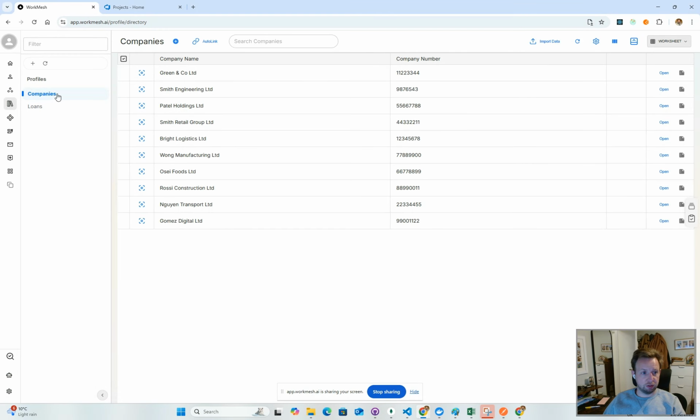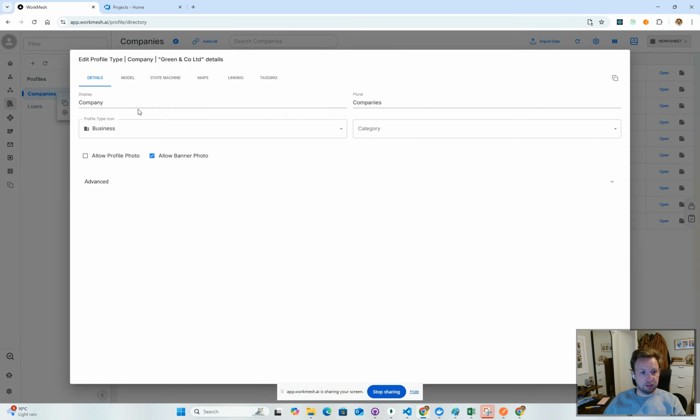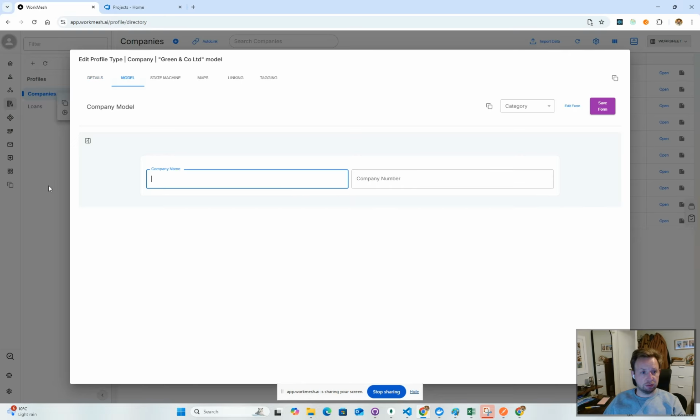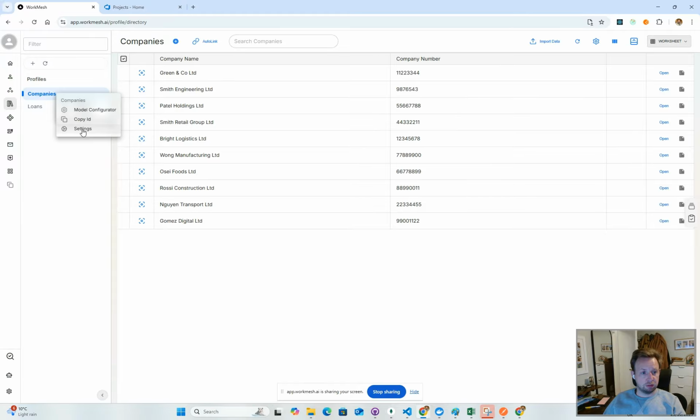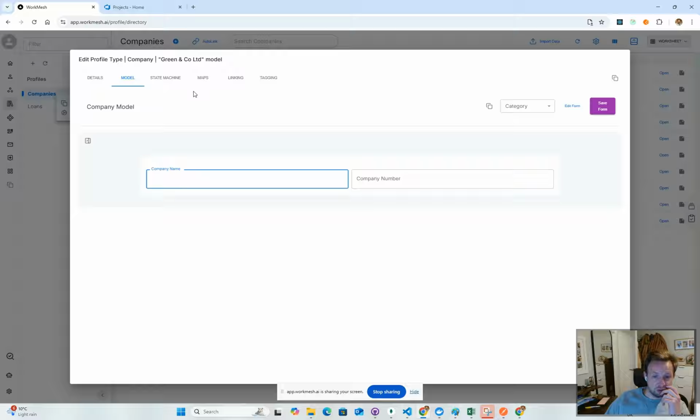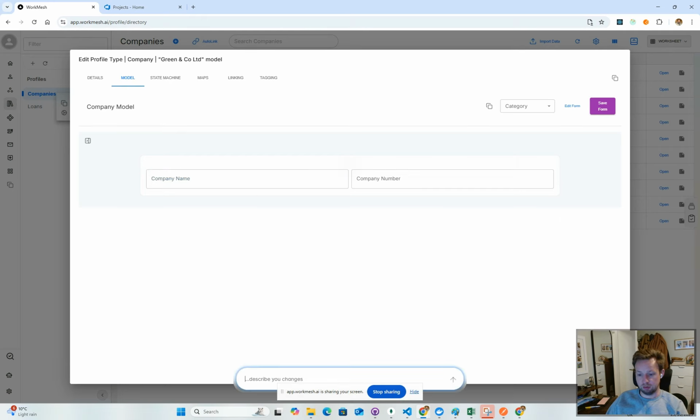Let's go into settings, okay, this is the best one. From here, we'll ask the AI to build a bigger and better company model version. Down in the bottom right, we can use this, and we can say, can you